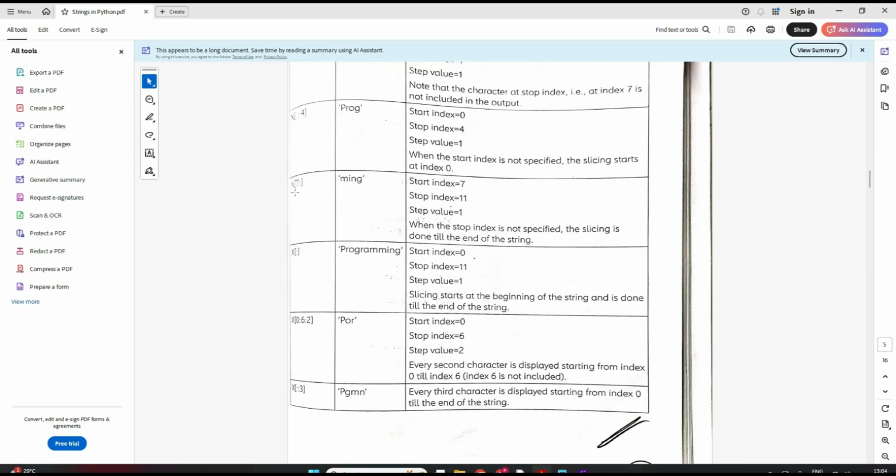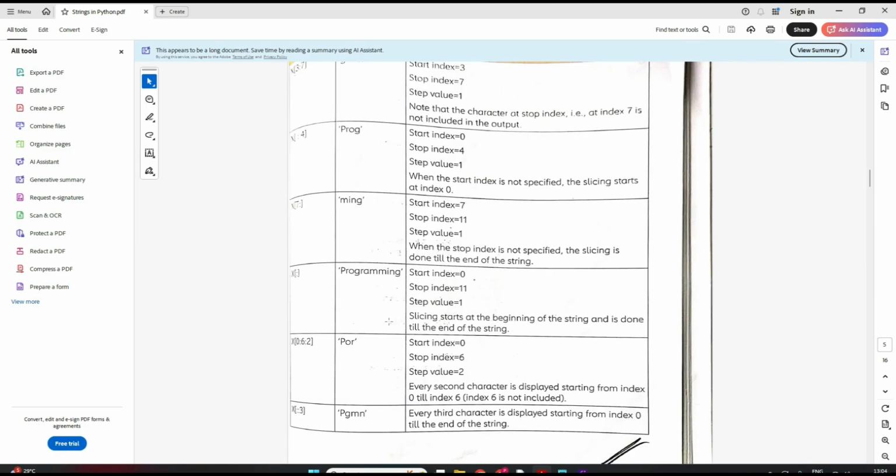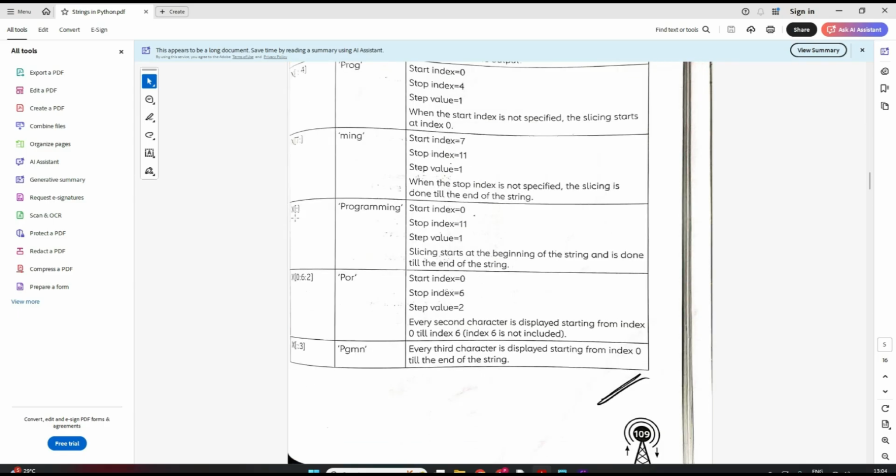Here the start index is given, the stop index is not given, that means by default it will take the length of the string, which is 11 in the case of this program. Total 11 characters are there. And again your step is not given, so it will take 1. Now here nothing is given, none of the parameters are passed, so it will take all defaults. So your start will be 0, stop will be 11, which is the length, and your step will be 1.